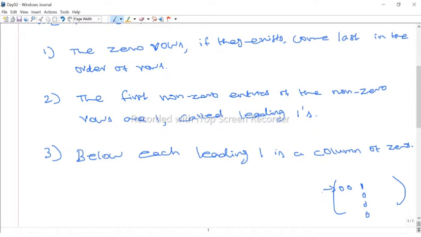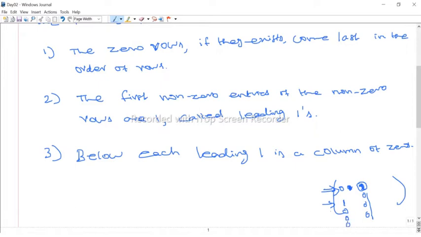So suppose you scan the first row, and the first entry you get is 1. That is the second condition. If it is 2, you have to make that position 1. So the first non-zero entry of each row should be 1. Maybe the non-zero entries appear in the third position, or maybe here also, that is not an issue. But if it appears, that element should be 1, and then the column below it should be 0. Suppose you are scanning the second row and get some non-zero entry, the first entry should be 1 here, and the corresponding column below should be 0.